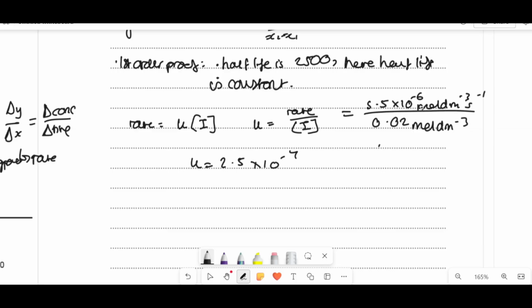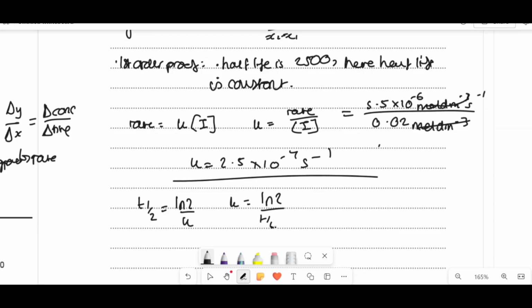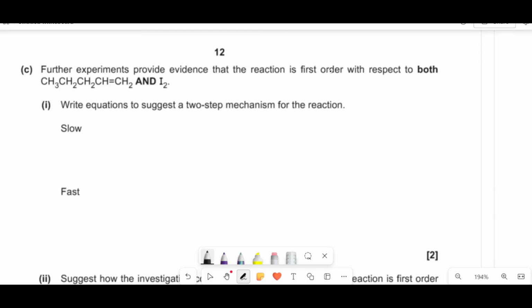We need to figure out its units. Mol dm^-3, mol dm^-3. Those cancel out. You're left with s^-1. There you go. Done. Alternatively, you could do t half equals ln2 over k. So k would equal ln2 over t half, which would be ln2 over 2,500, which gives you 2.78 times 10 to the minus 4. So further experiments provide evidence that the reaction is first order with respect to both this